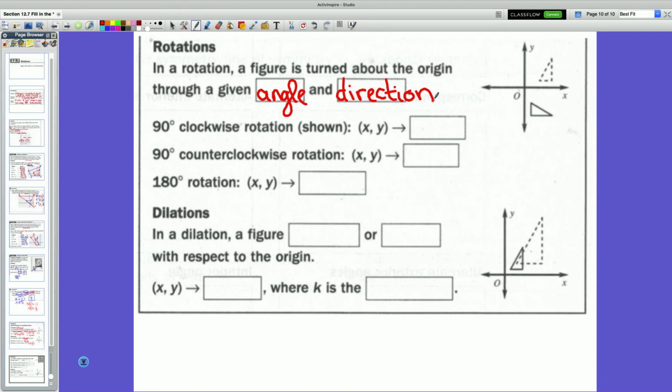For a 90 degree clockwise rotation, which is what's shown in the picture, we had xy goes to y, negative x. For a 90 degree counterclockwise rotation, we had xy goes to negative y, x. And then for a 180 degree rotation,